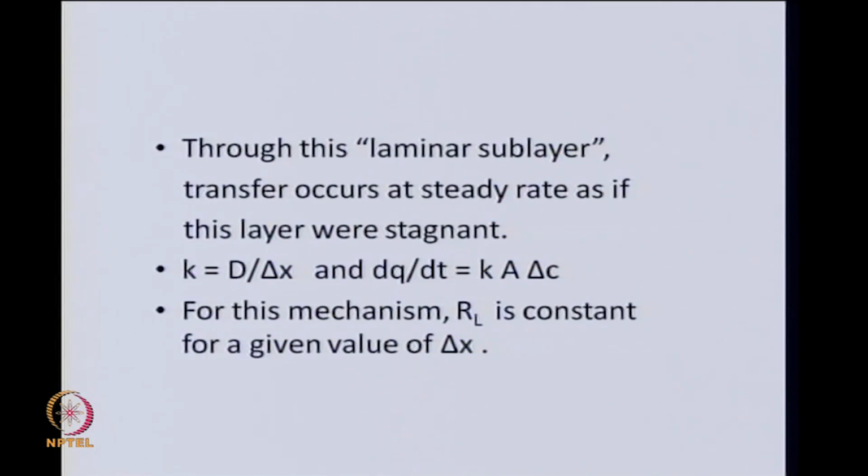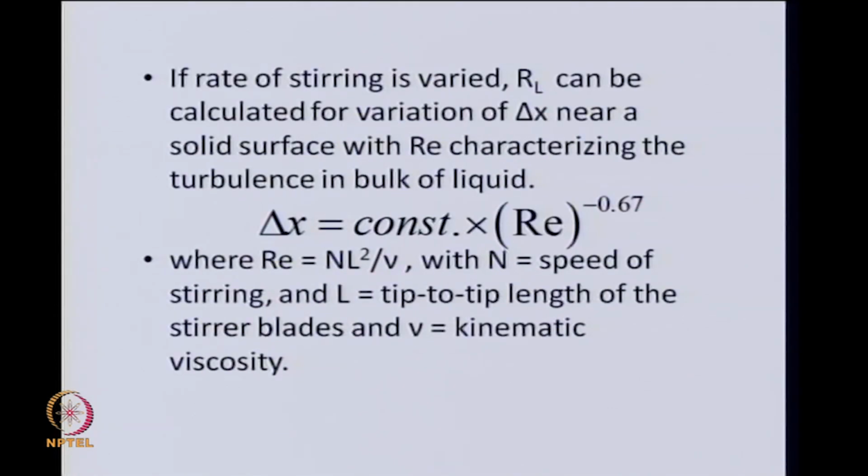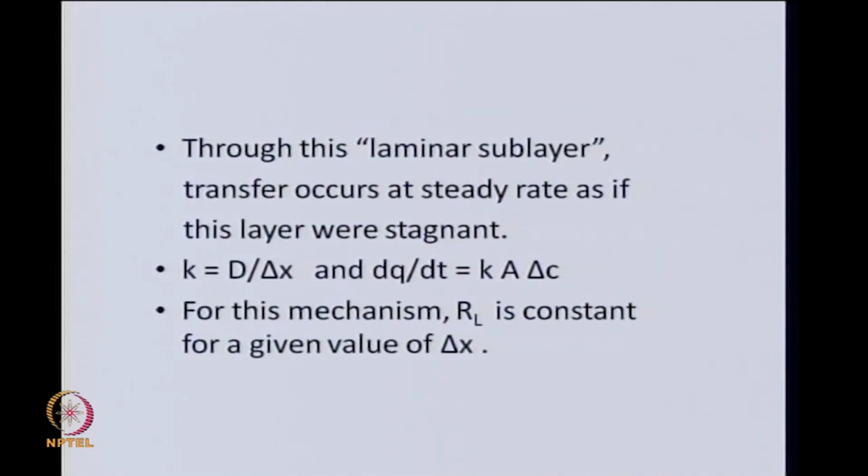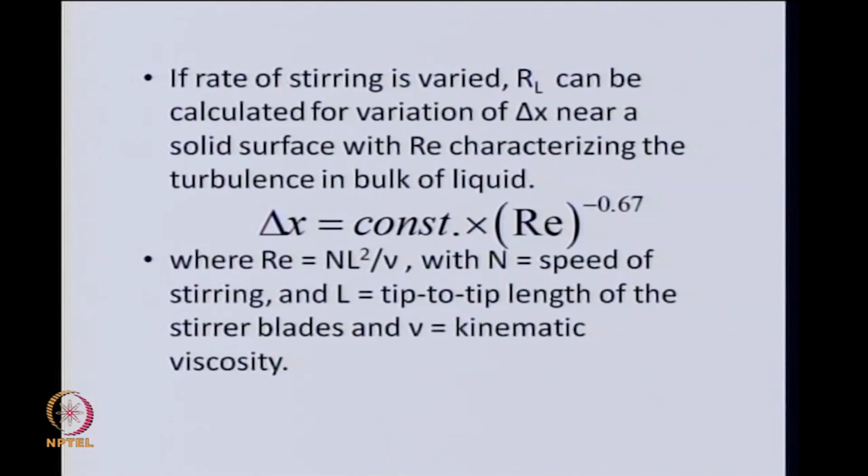It will be presumed here that RL is a constant for a given delta x, but if there is stirring, then RL should be possible to be estimated from this, provided we know how delta x will depend on stirring or the liquid movement. So, there you could go for some kind of boundary layer analysis, which gives you delta x dependent on Reynolds number,